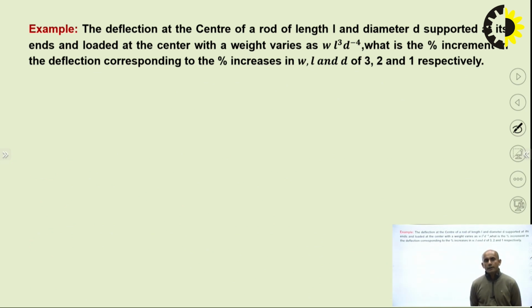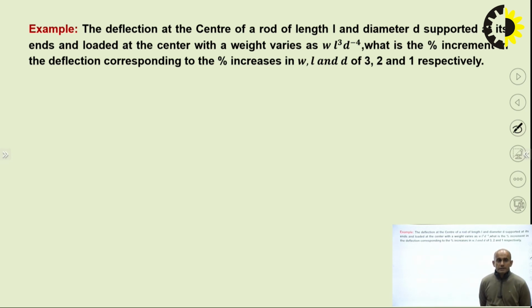Now we have one more question in which the deflection at the center of a rod of length L and diameter D, supported at its end and loaded at the center with a weight W, varies as W L cube D raised to minus 4, and what is the percentage increment in the deflection corresponding to the percentage increases in W, L and D of 3, 2 and 1 respectively. It means if we have some percentage increment in the values of W, L and D as 3%, 2% and 1% respectively, and we have to find the possible percentage increment or decrement in the weight,